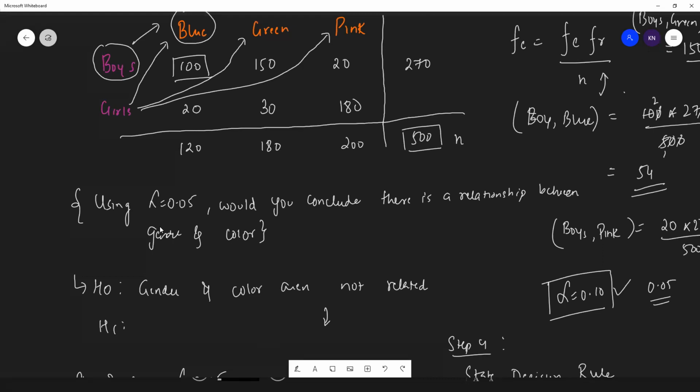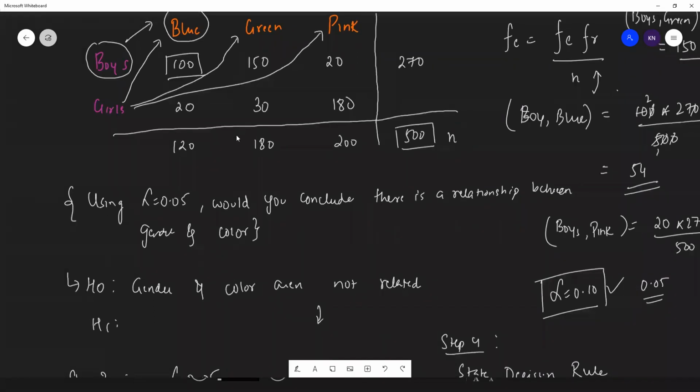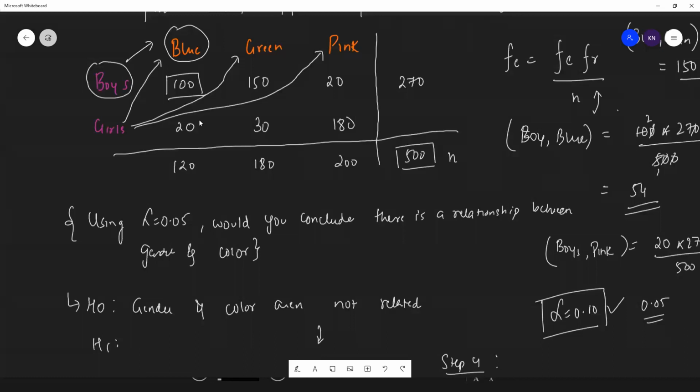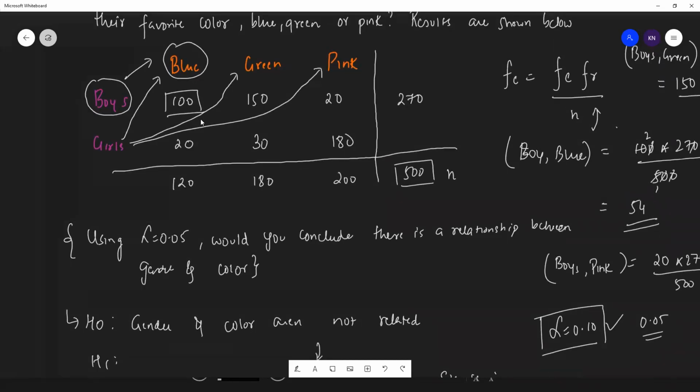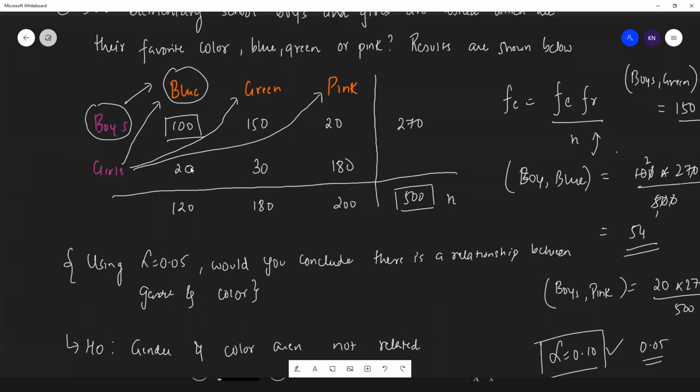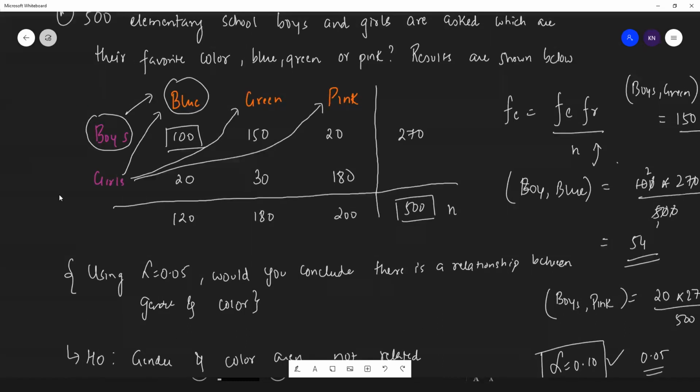So by default, what did we do over here? Genders and colors are not related. We have taken that first of all by default, and the second one is they are related. How do we say both are related? Tell me, guys, how do we say both are related? Just think with respect to a specific experiment. The experiment will be done by taking this specific data, and if it comes within the 95% confidence interval, then I will say that this is related,